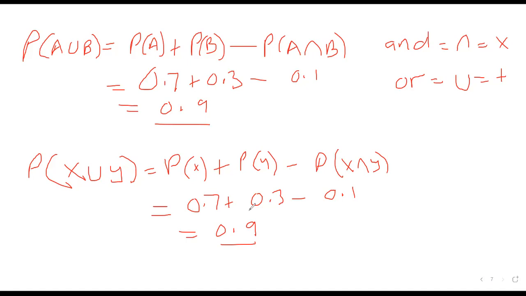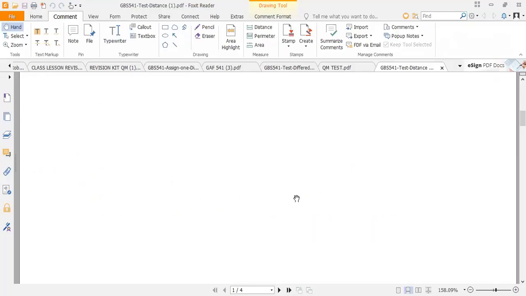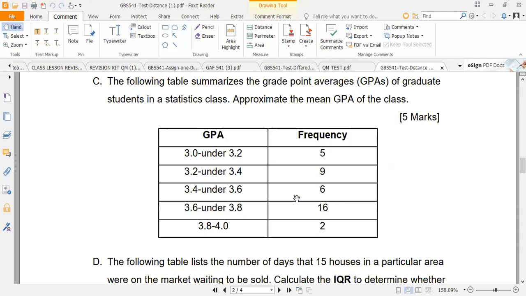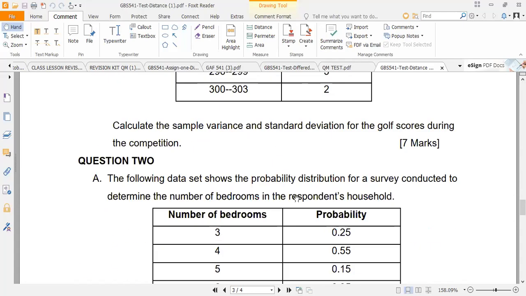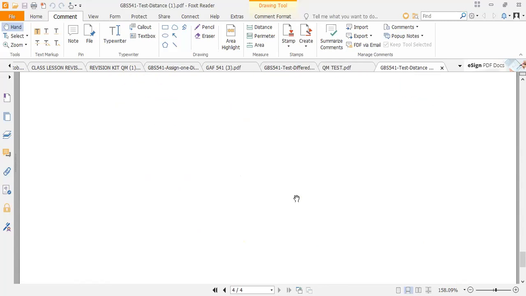So don't get confused. I don't want to leave anyone behind. This is the residential test. Okay, I'm not getting any questions from anywhere else. Okay, but from what is already